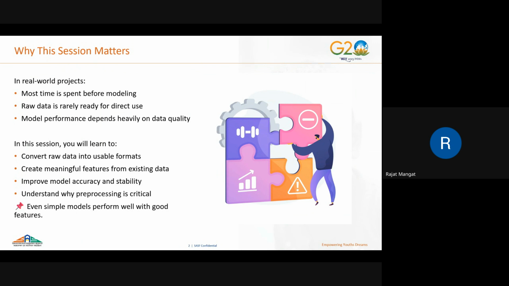Okay, so we will see how to improve model accuracy and stability that we have discussed. Understand why pre-processing is critical. This thing I am explaining to you from the last 2-3 sessions. Pre-processing the data is a very critical part. If you have performed this part, that is pre-processing your data in order to make your raw data into ready to use data, okay, this step